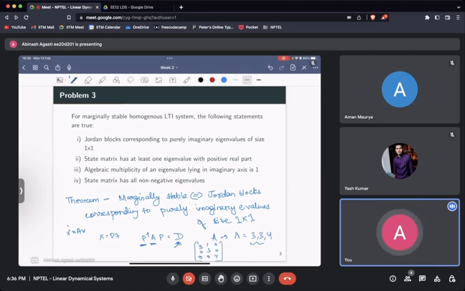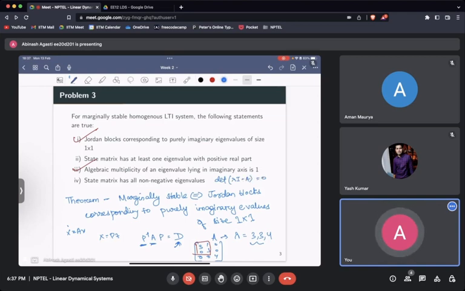Okay, so here we have a Jordan block, but it is not of size 1 cross 1. It is of size more than 1. So essentially, a system is marginally stable if the Jordan blocks corresponding to purely imaginary eigenvalues are of size 1 cross 1. That is one of the options. And this happens only when the algebraic multiplicity of an eigenvalue lying on the imaginary axis is 1. So what does this mean? The algebraic multiplicity of an eigenvalue comes from when you write the equation determinant of lambda I minus A equal to 0,